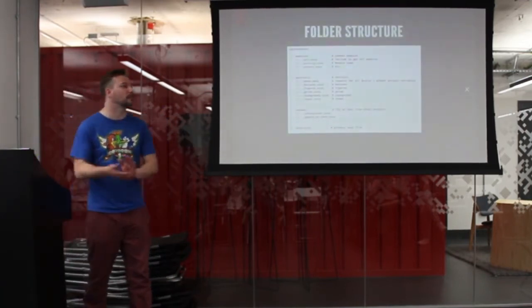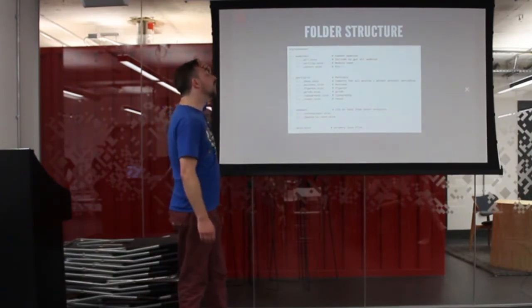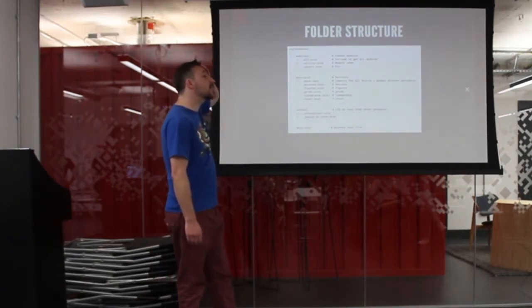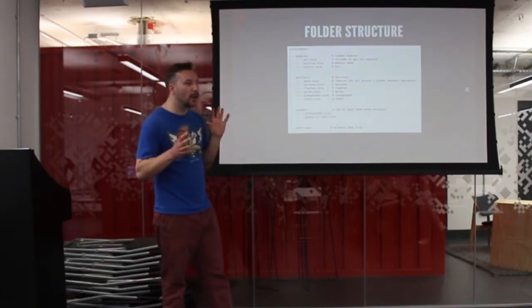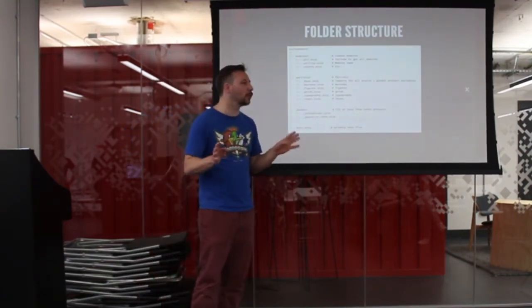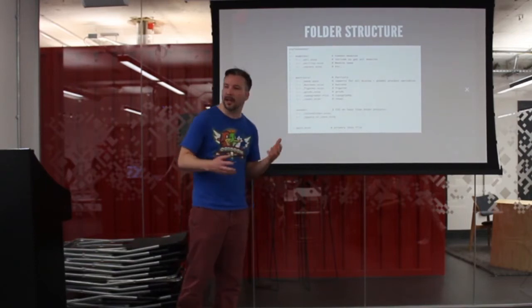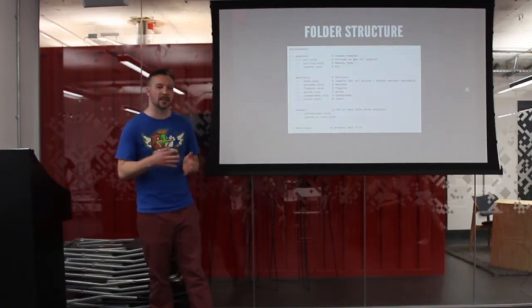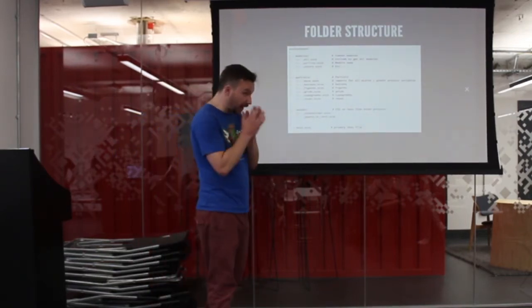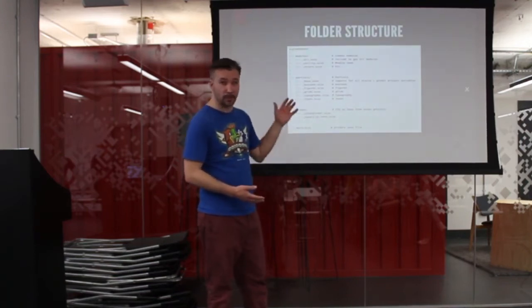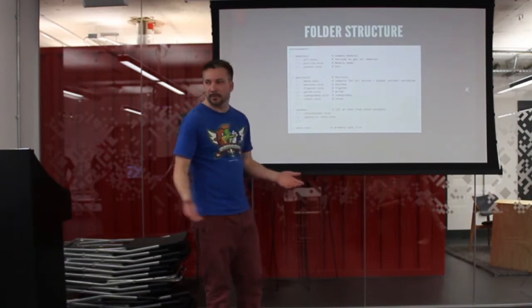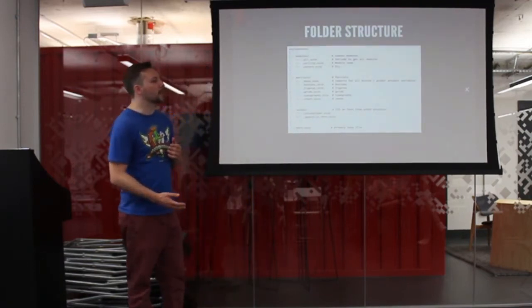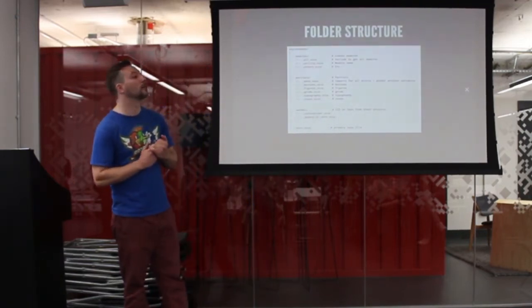Folder structure. Right, how could you see this? Now, with CSS, we were told that you should have hardly any, 1 or 2 style sheets. The more that you have, the more HTTP requests, the slower your site will load. And you have to have everything on that one sheet. So if you're looking for stuff, you have to look for it. It's quite difficult sometimes, especially when you have a lot of code.